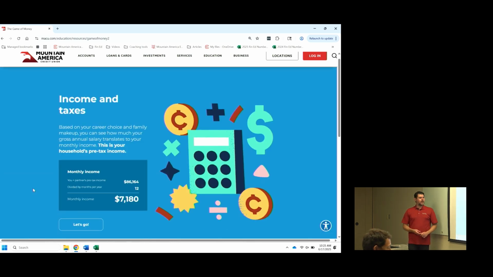So we are married. We have 1 child. Our pre-tax income is $86,164. We divide that by 12. We get the princely sum of $7,180 to make our life decisions. But this is gross income, right? Which means